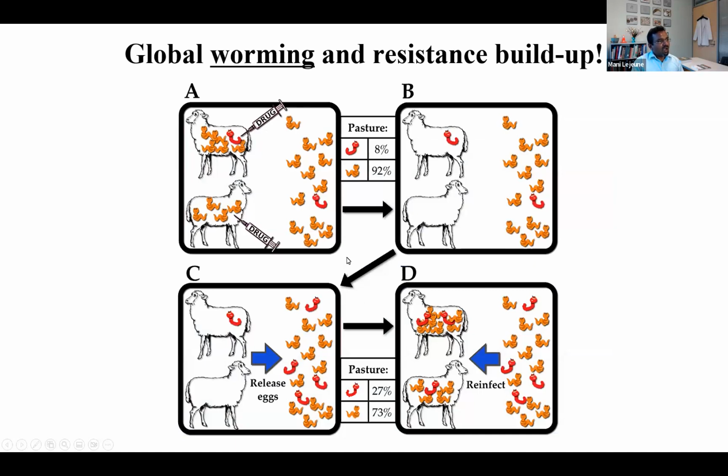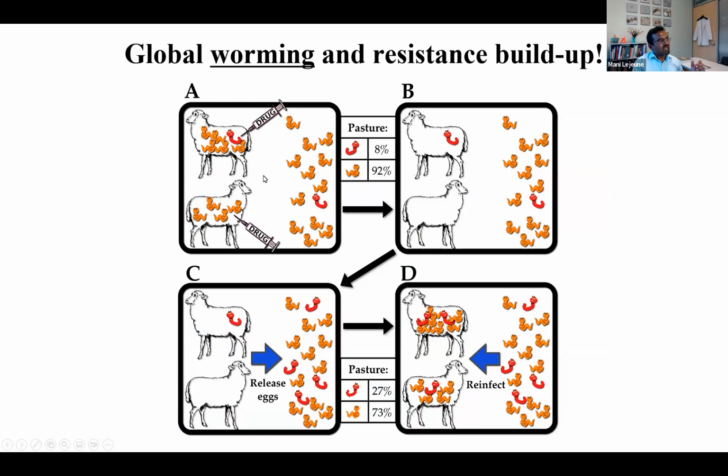And how this resistance is building up, I just want to quickly touch on that topic, so that gives you an idea of why we need to do the fecal egg count reduction test. So here is an example of a farm where you have, again, resistant and susceptible worms present. The red one is the resistant worm. And in this example, we see the resistant worm present at 8% of the larvae on the pasture, compared